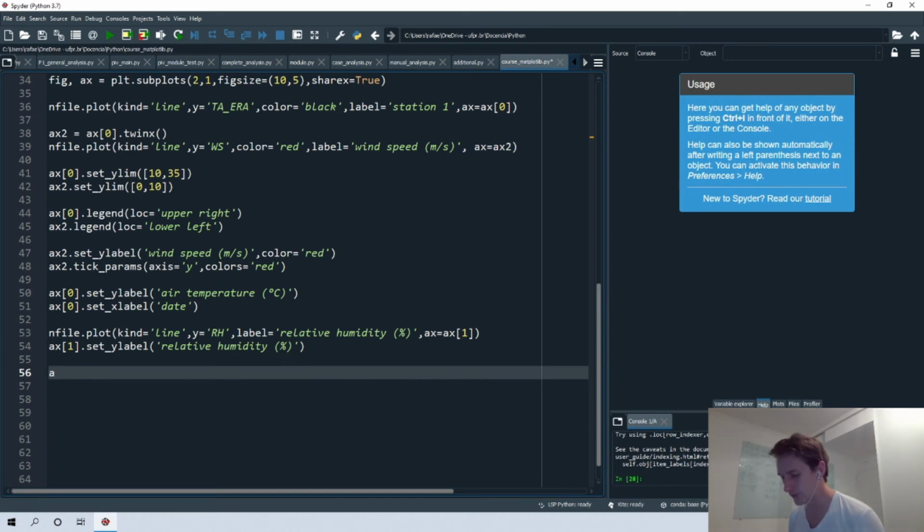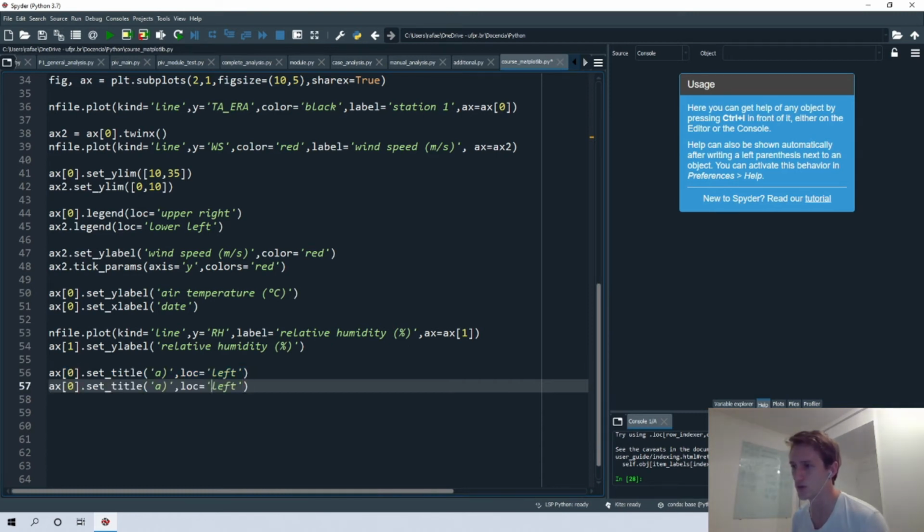So we can, for example, include for the first graph a title, set title, and we can enumerate that. So graph A, and the location of that, usually we define it on the left side, and then we can do a similar thing to the second plot, but using the B value.